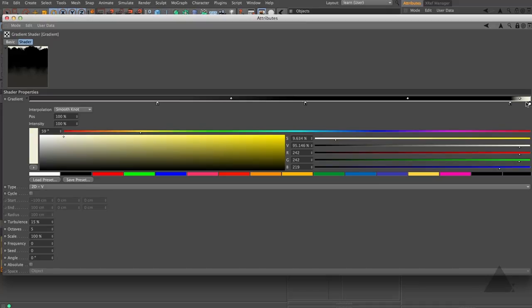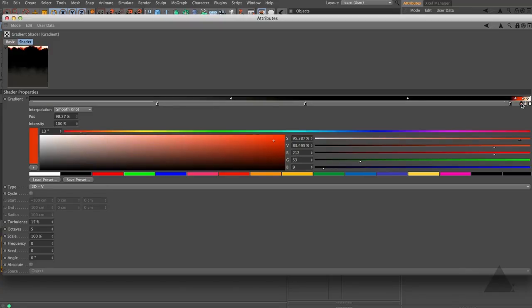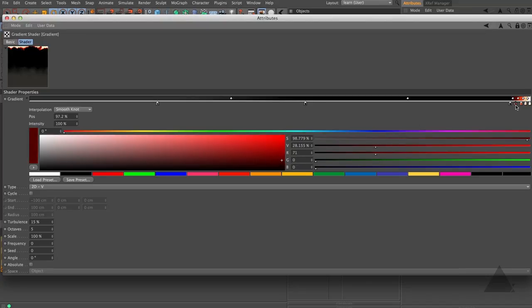Next I'm just going to add in progressively a few more and slowly take it towards red and then into the black. So the next one, we just want to bring the hue across, take the color up towards orange, something like so. Let's just add another. This time we bring it much more towards red, bring the color right over, and I'm squashing these up so it's a fairly small gradient. Let's add in one more here, and we want that to be right across at the red and kind of getting a bit darker now, maybe even a little bit more, but it's really saturated, and this is the end